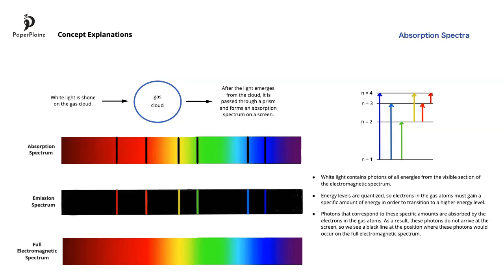Logically, the photons that are absorbed do not reach the screen, which is why we see black lines at the positions where these photons would normally occur on the visible section of the electromagnetic spectrum. Finally, as you can see, the black lines are exactly at the same positions where the colorful lines appear on the emission spectrum of the given gas, because they correspond to photons that carry the same amount of energy. This final point